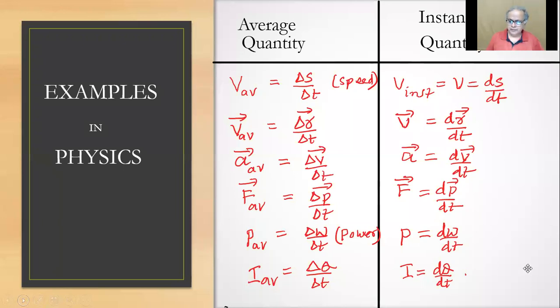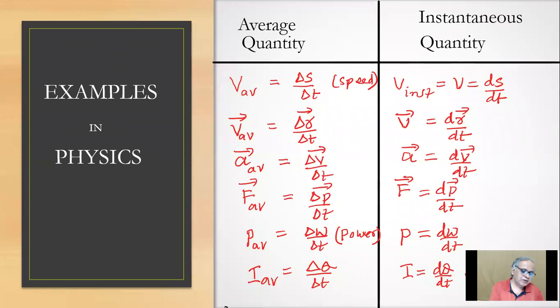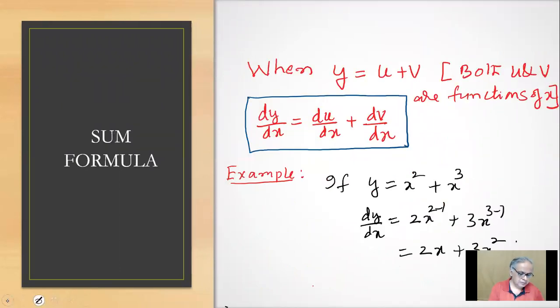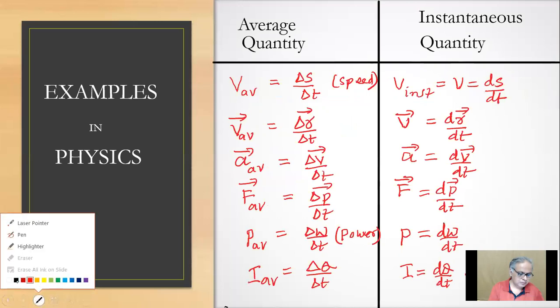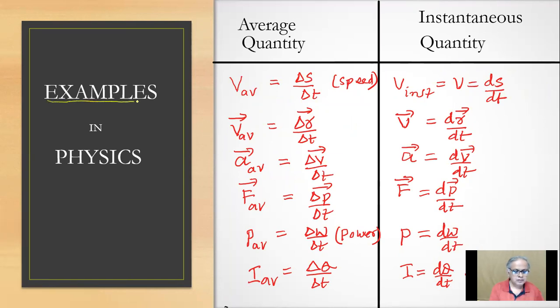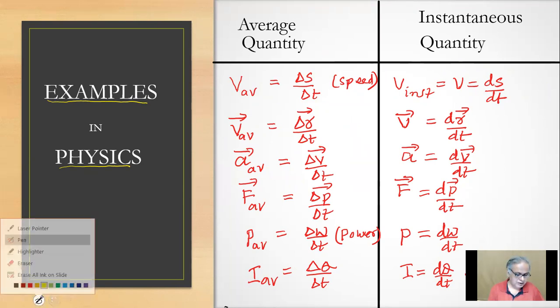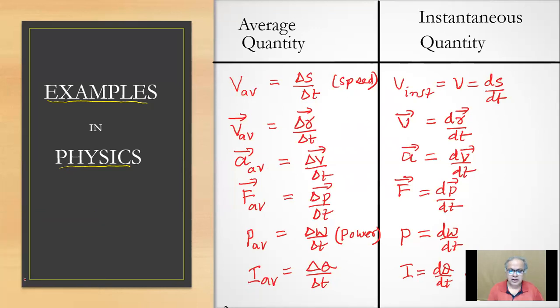We are giving examples in physics. So why are we doing dy by dx? Why we are doing delta y by delta x is now exemplified by these cases. Look, average speed. Here S will be a function of time. I want you to keep listening to me carefully and ask anything in the middle.